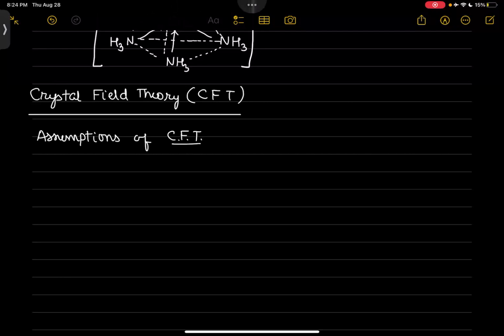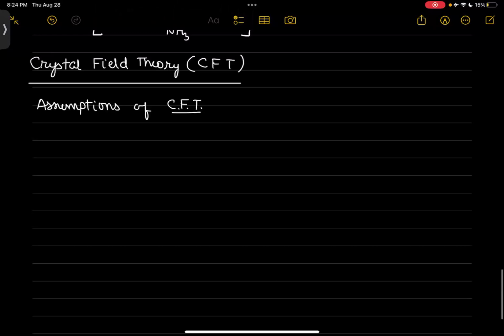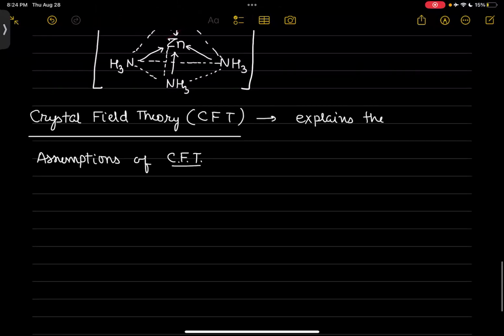Any idea? So what is CFT about? CFT explains the splitting